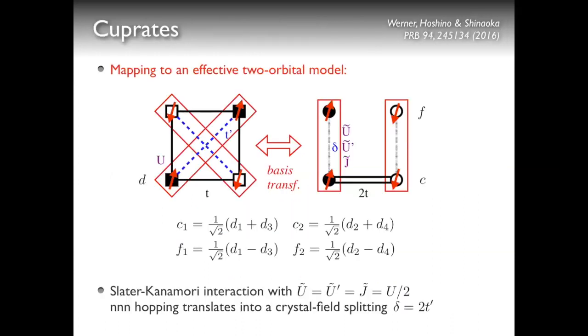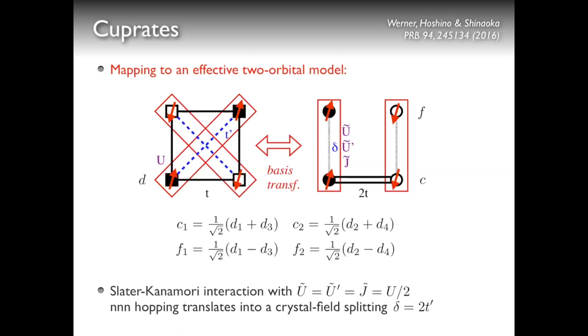So in the last minutes, I want to switch to the cuprates. The most interesting unconventional superconductors are the cuprates, and one may ask, does this spin freezing have any effect on the cuprates if we describe them by a single orbital Hubbard model on a square lattice? And the naive answer is no, because there's no obvious Hund coupling in this problem.